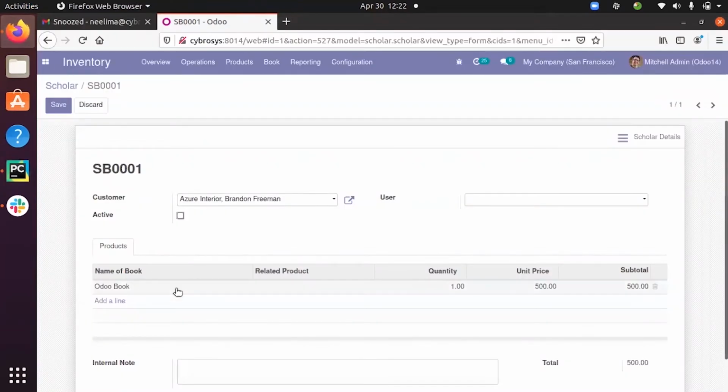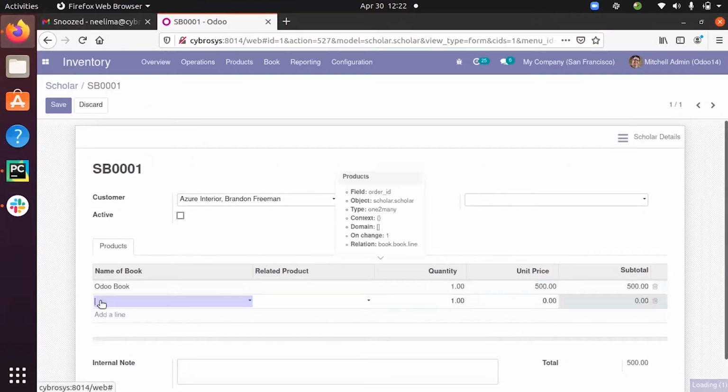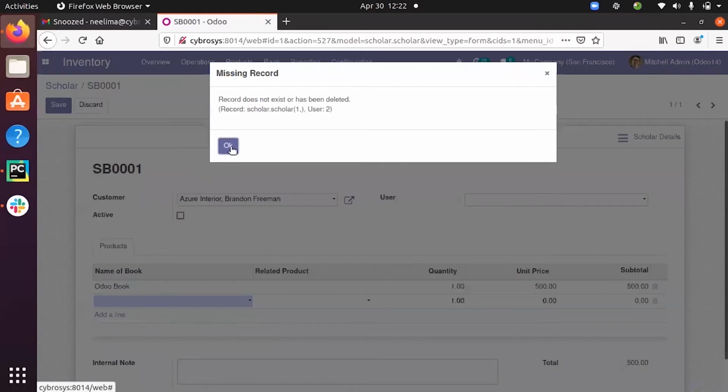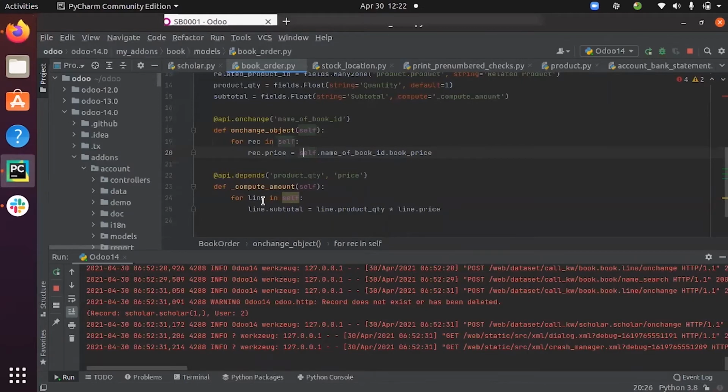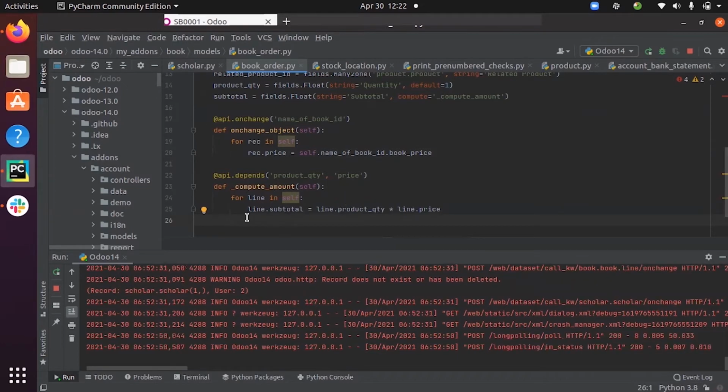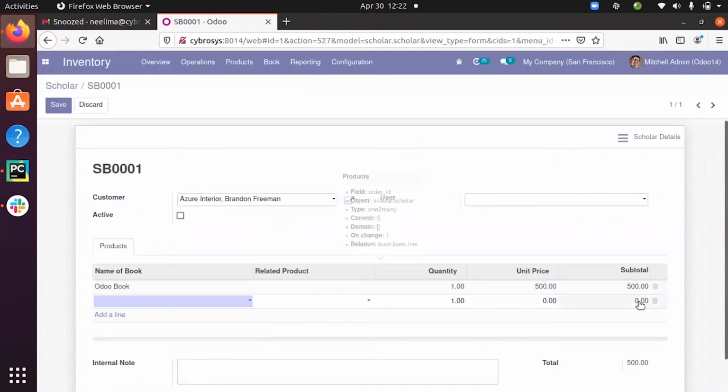If I add multiple lines, that is, multiple products, this for loop goes through each line and updates the subtotal value by multiplying the product quantity with price. You can see it is multiplied and the subtotal is computed, and each line's subtotal will be updated.